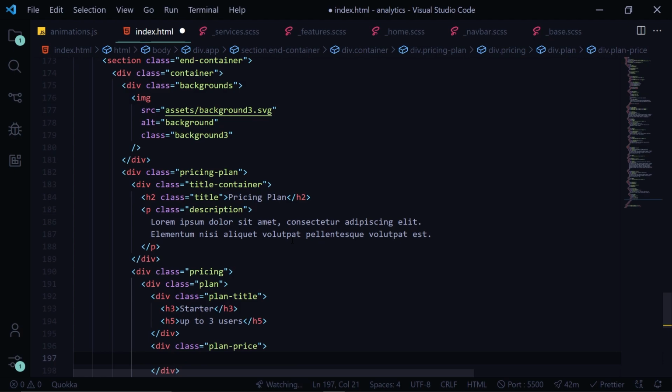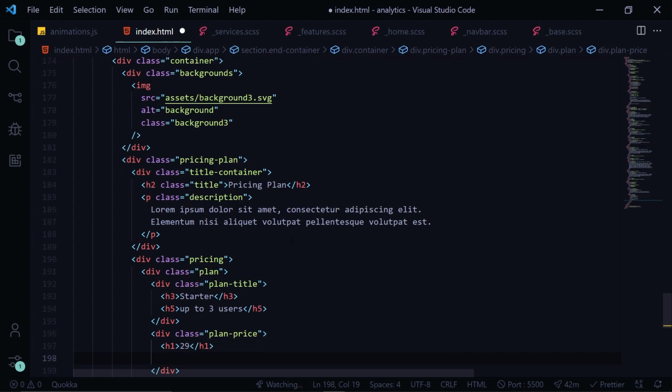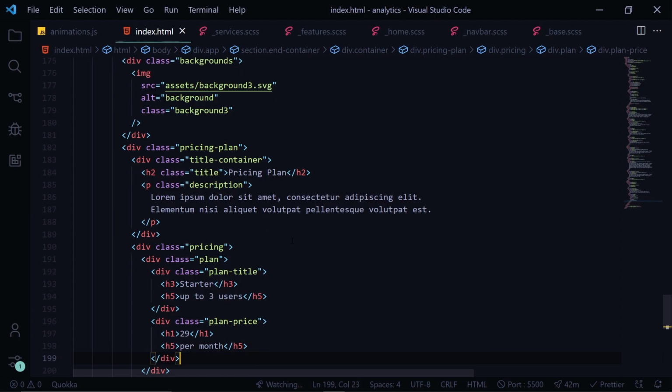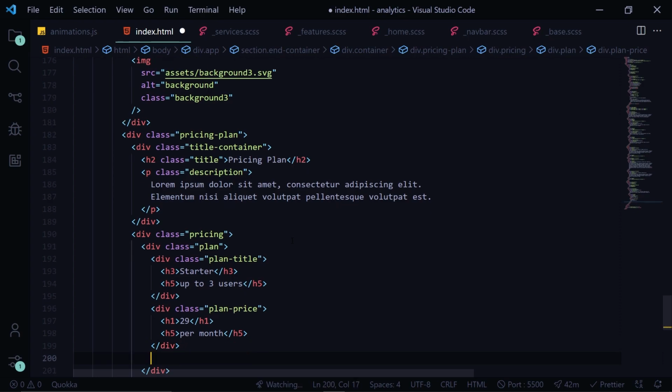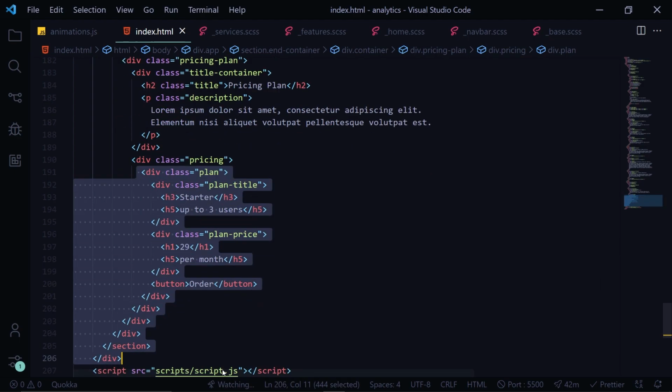Then we have h1 inside with the price and h5 for the duration, so it is for per month. Then after this plan price we have a button for order. That's it. So this is the plan,